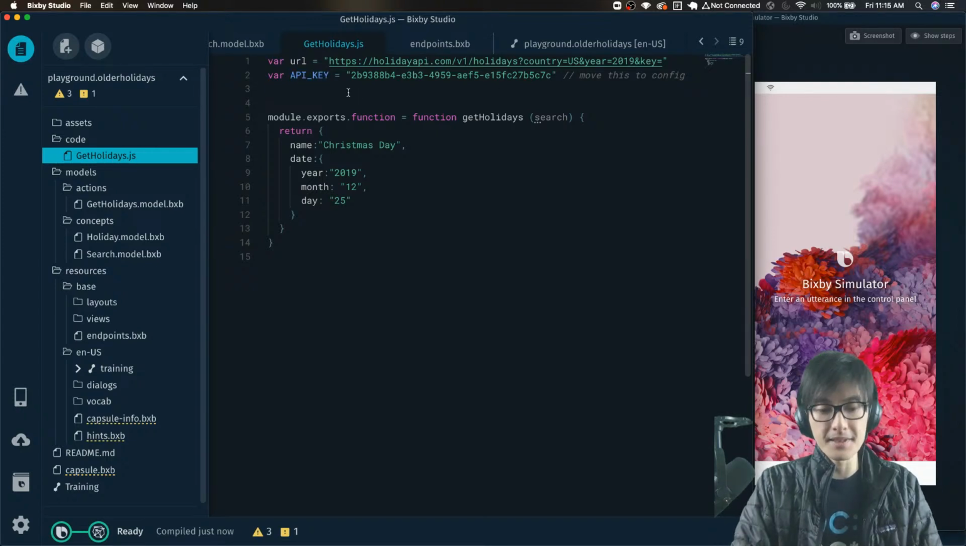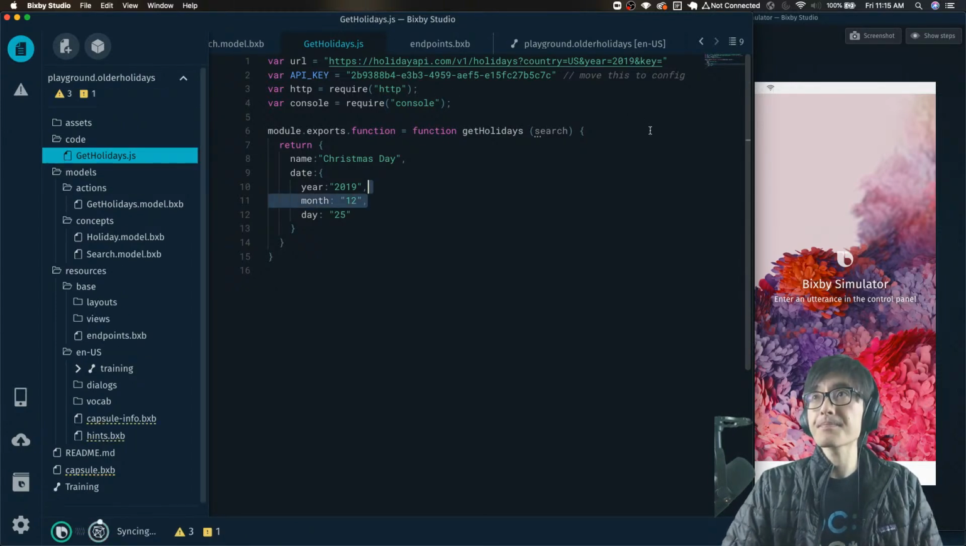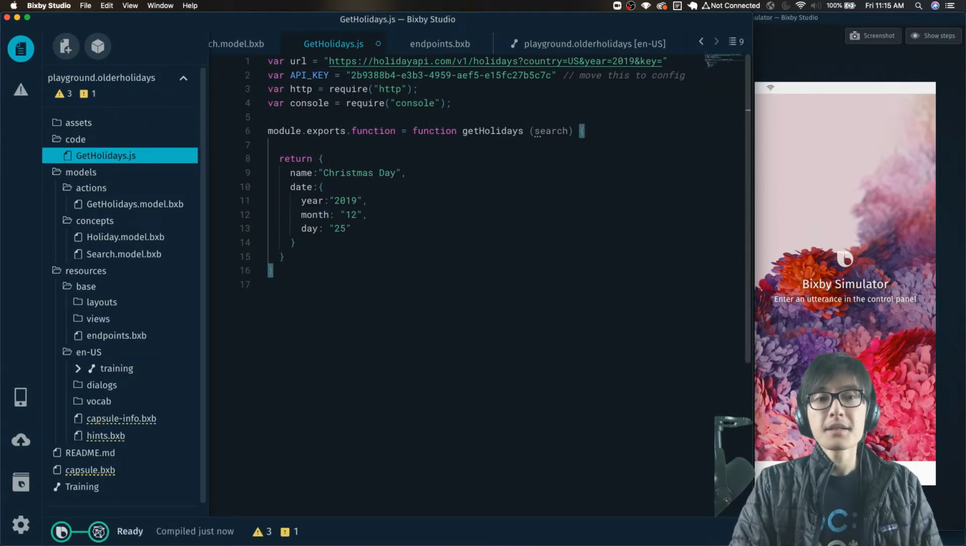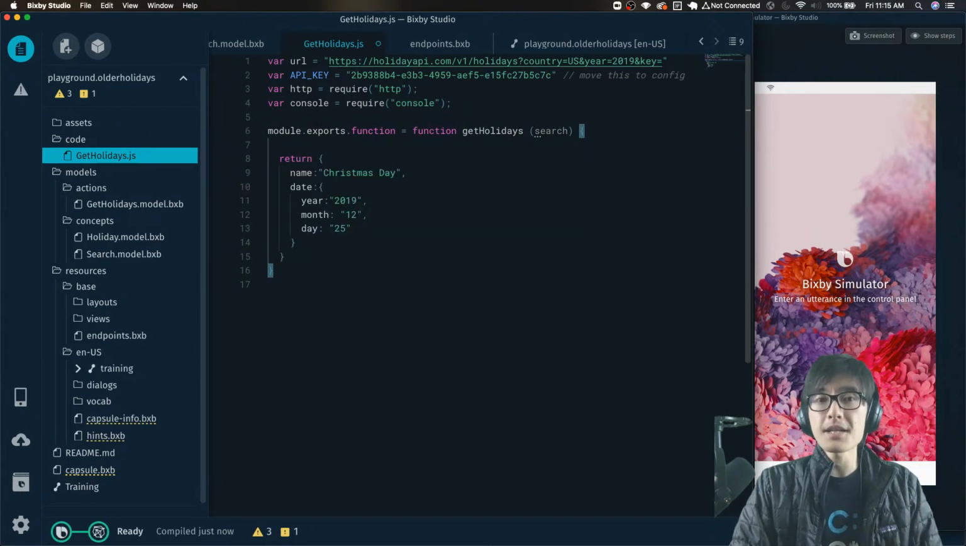But I did add that comment there, and we're going to need the HTTP library. And let's also have the console library as well. That way we can console log some stuff. Okay, cool. So now we will want to do the HTTP call. So var result equals